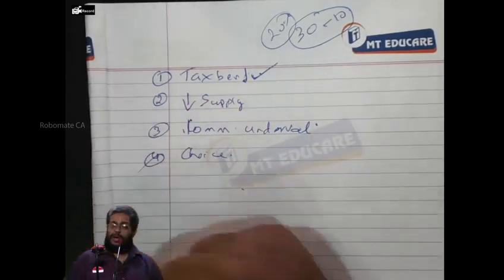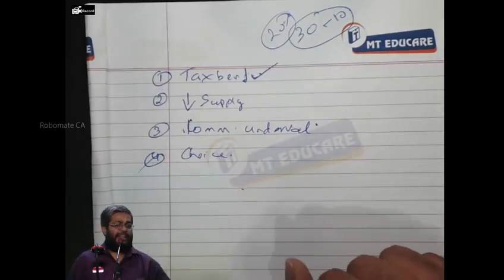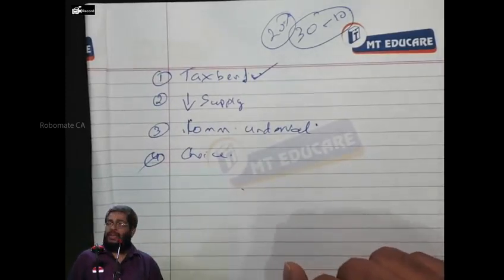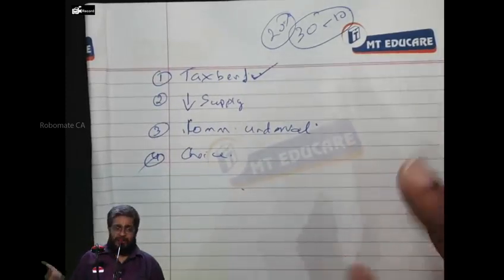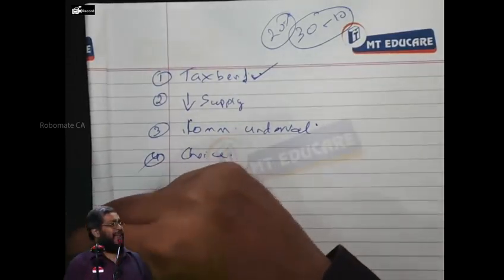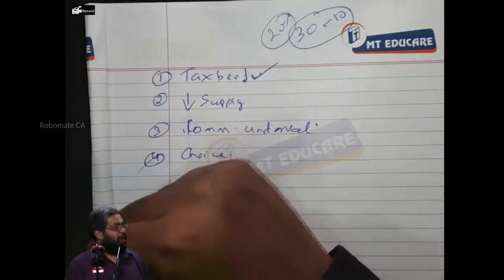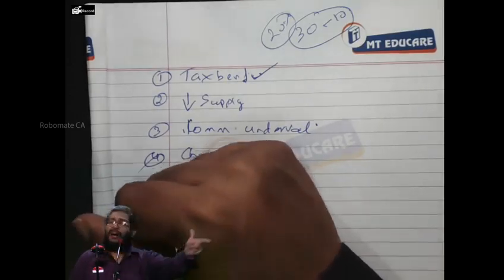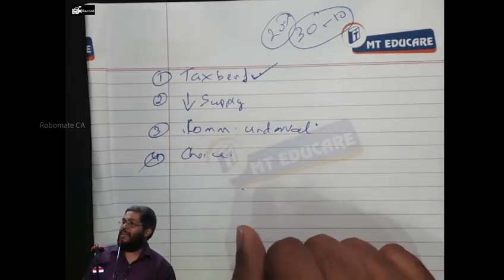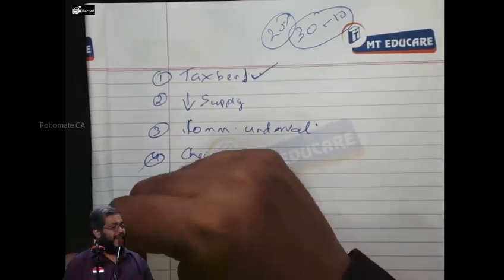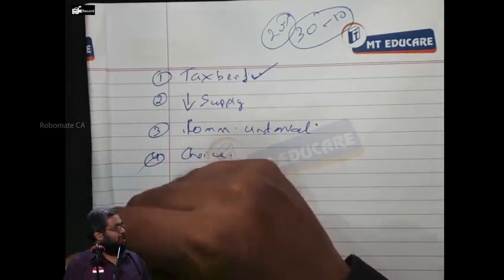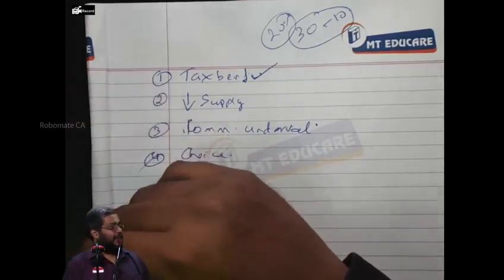Dividend, the advantage is when the company shares are overvalued, it is not feasible for the company to invest in its own share. I will never invest in an overvalued share. Even though shareholder money is there, already is overvalued. If I believe it is overvalued, still buy back, now I'm making a wrong investment of shareholders' money. In that case, when the share is overvalued, naturally company will not go for the buyback. That is one of the things.